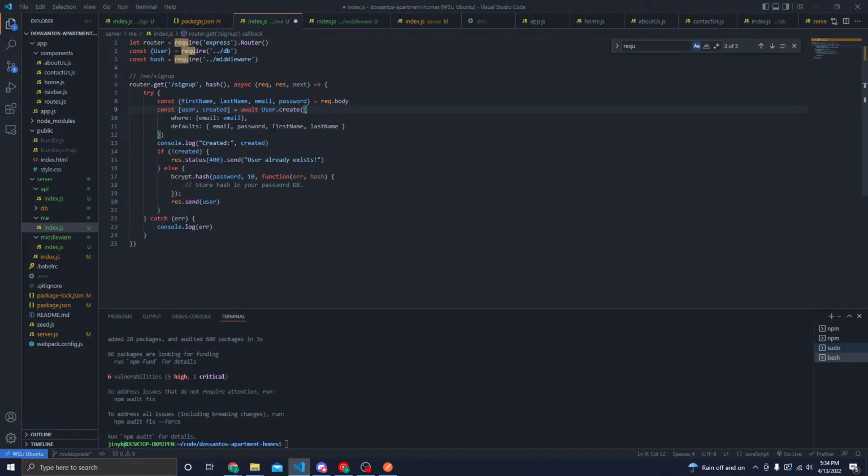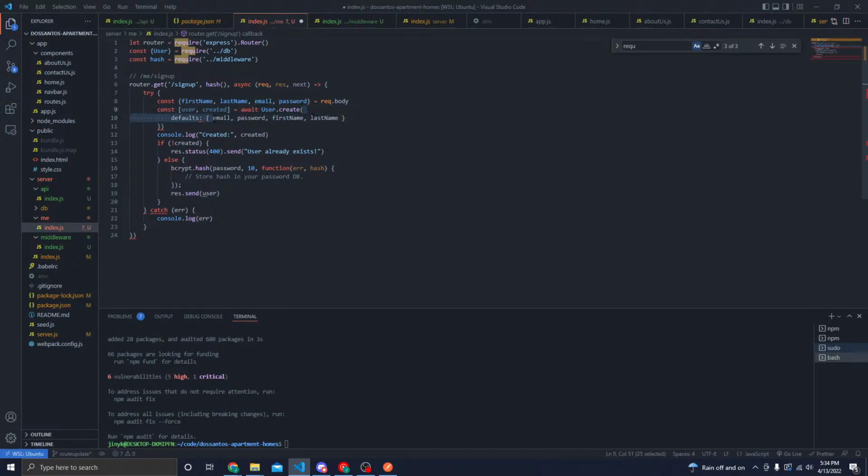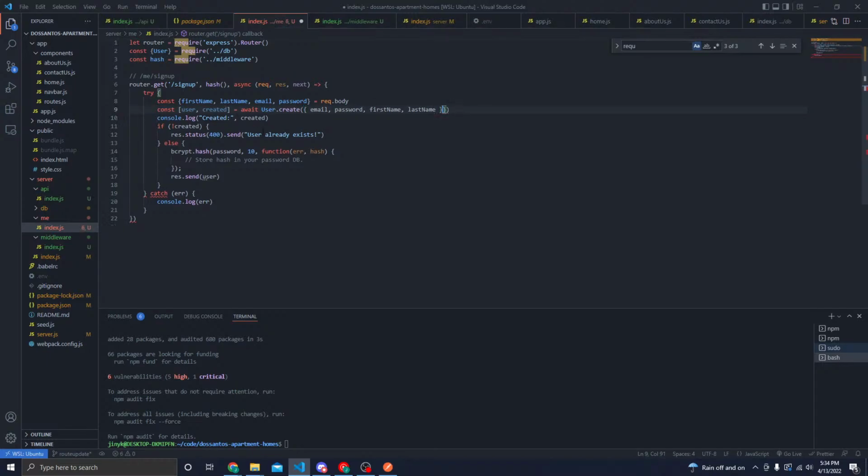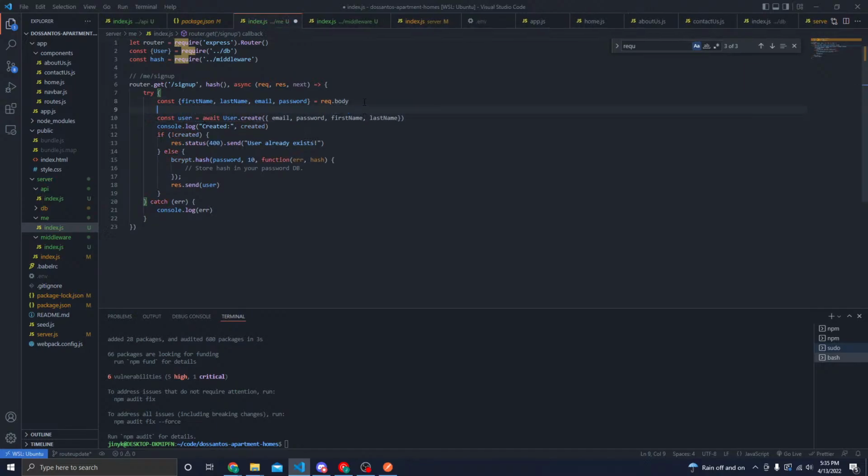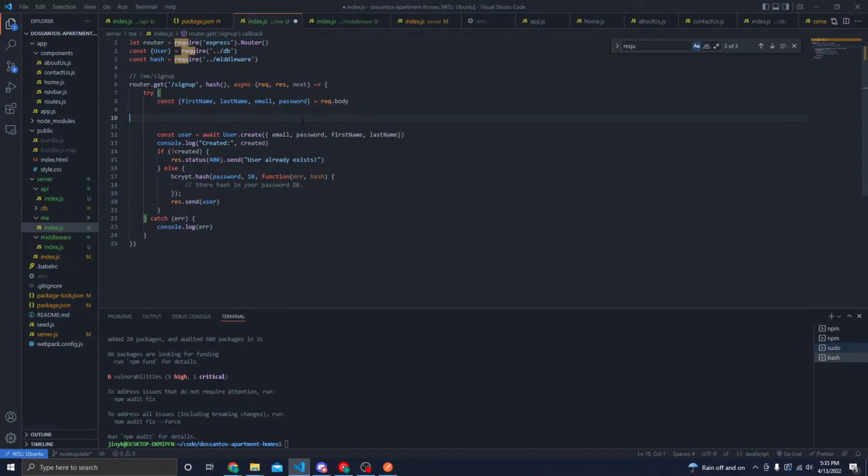But before I create this user, no, I need to switch things up a little bit. Before, I was handling it more like: create it if it isn't there, find it if it is there. But rather than that, what we actually want to do is